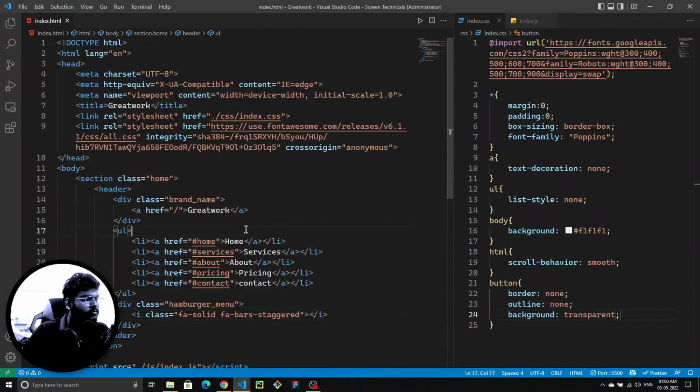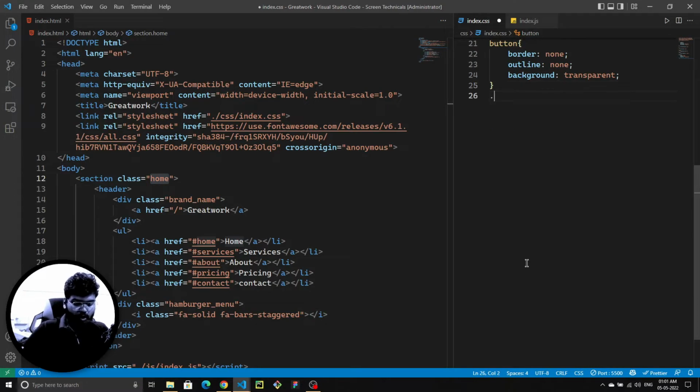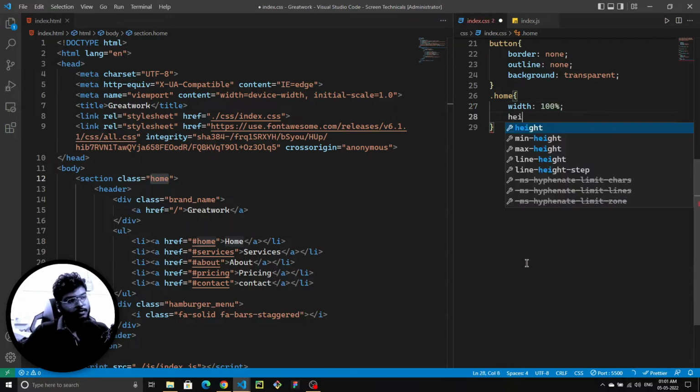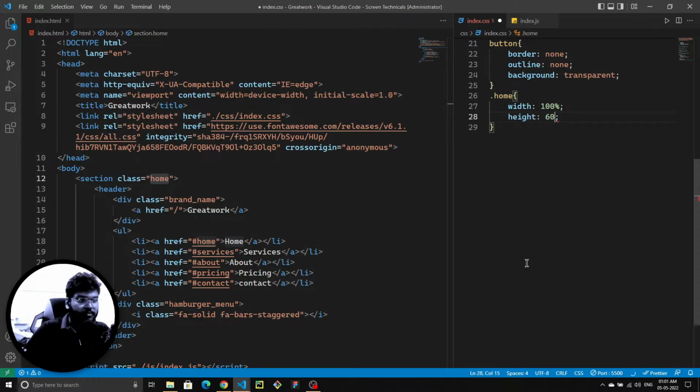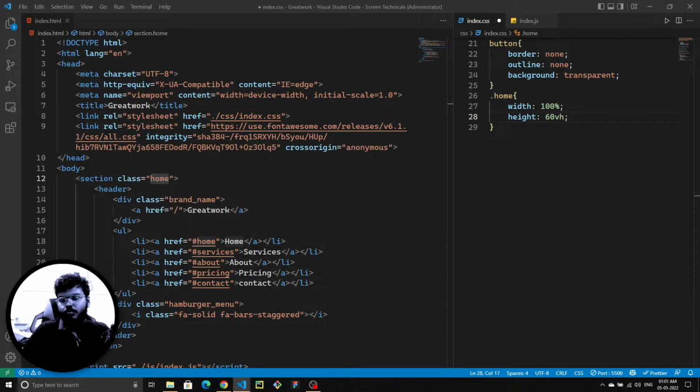Now let's write the CSS part for this. So it's going to be dot home. I'm going to give it a width of 100%, and a height of 60vh for right now. Okay, it is 70vh, so make it 70vh, and then I'm going to give it a background,